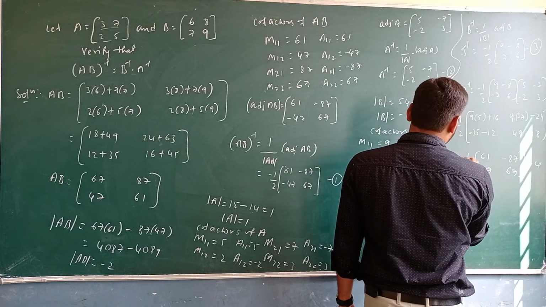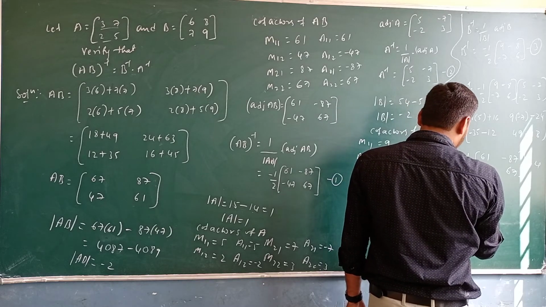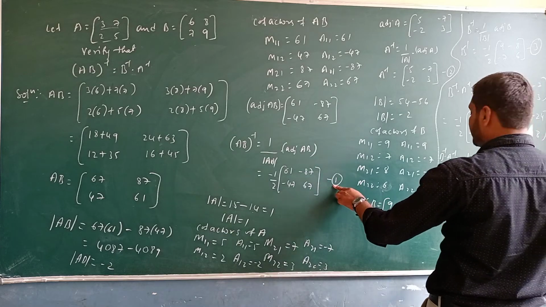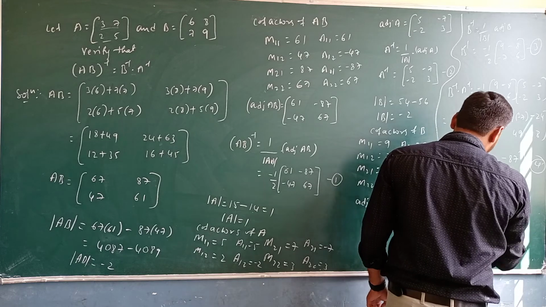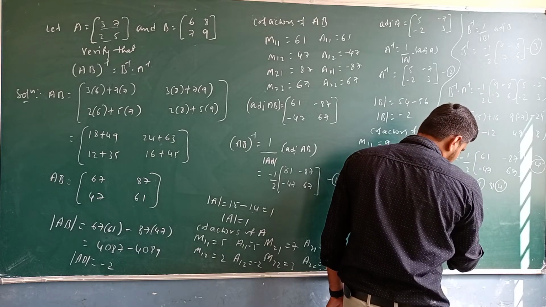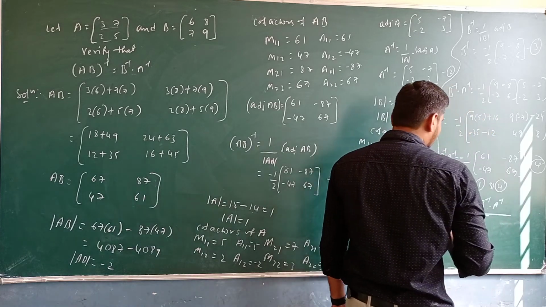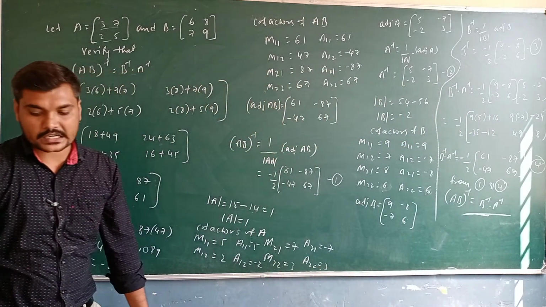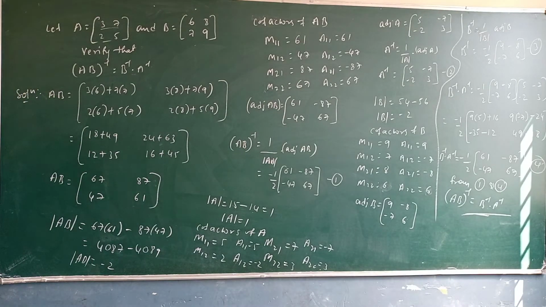So equation number 4, which implies B inverse into A inverse. So from which equations? From 1 and 4 we can find that AB whole inverse is equal to B inverse into A inverse. Okay, you have verified with the adjoint and by using the determinants of the given AB, B as well as the A. You have come across with AB whole inverse is equal to minus 1 divided by 2 into 61 minus 87, so minus 47, 67.